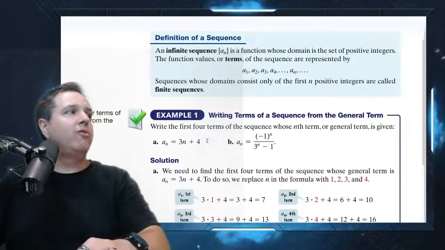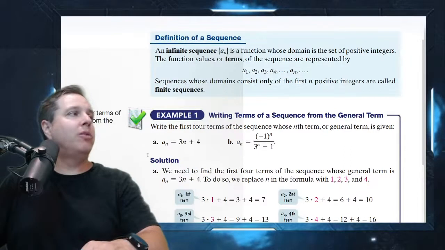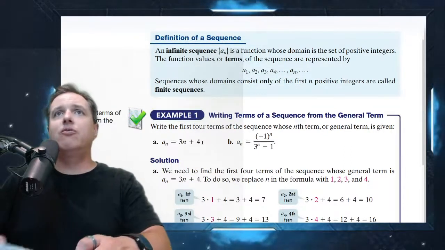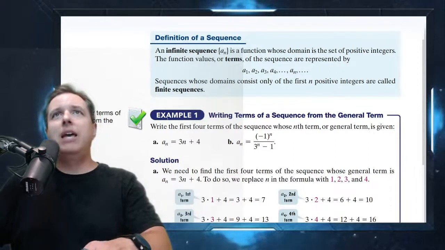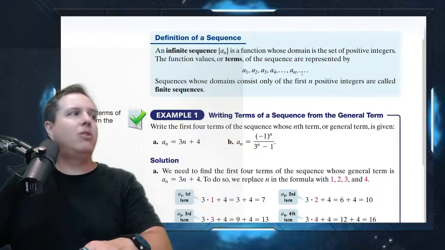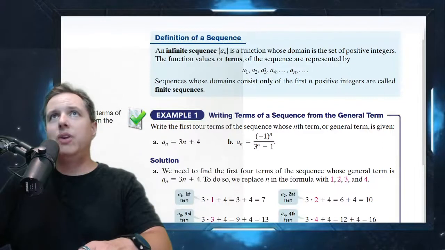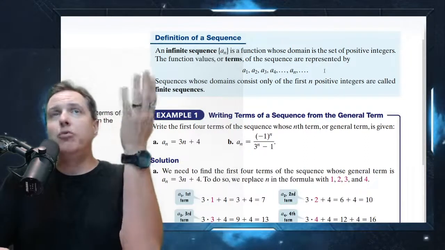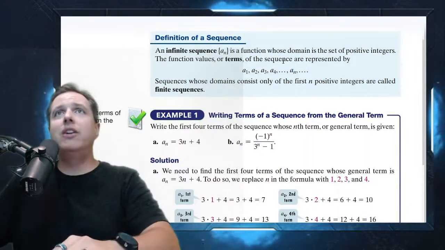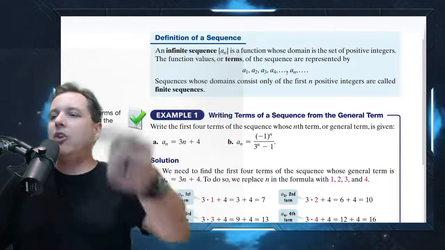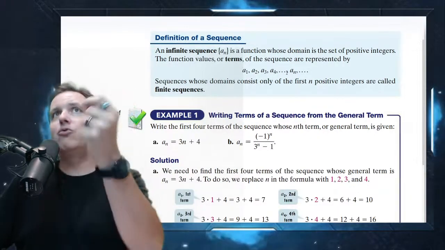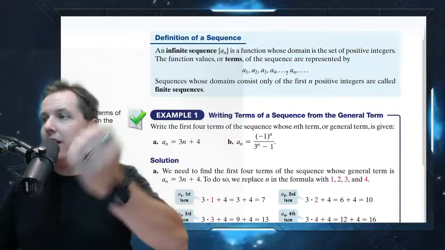Okay, so what do we do for a sequence? Like here we've been given a formula for a sequence. A sub n equals 3n plus 4. So what does this a sub n mean? Well, we can see up here, look at our sequence. It's a sub 1, a sub 2, a sub 3, a sub 4, up to a sub n, and then it keeps going. In other words, we have some sequence. We probably would call this sequence capital A, and then all the terms in it would be some lowercase a with a subscript.